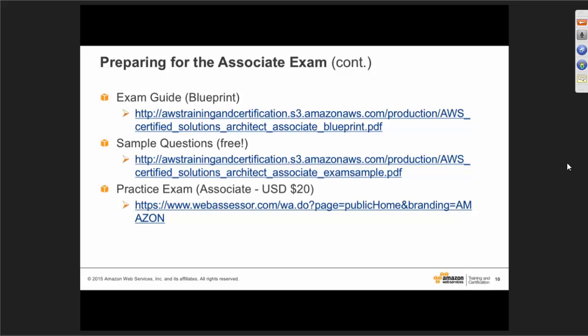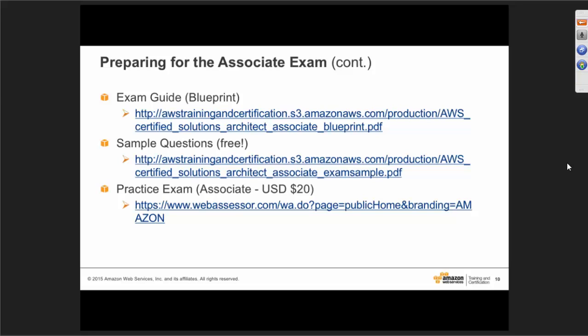Like I said, there was the exam blueprint. I highly recommend you start there as your guide for studying. There are a few sample questions that are available, and then there's the practice exam. So let me go over the practice exam again, and the link for all three of these are available on that certification site for the